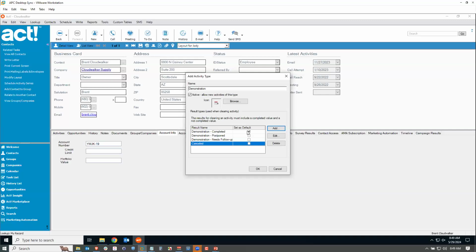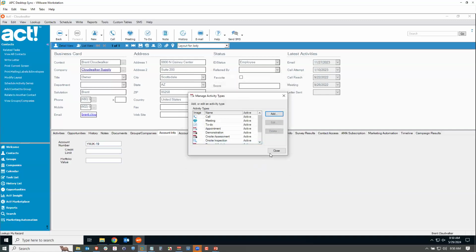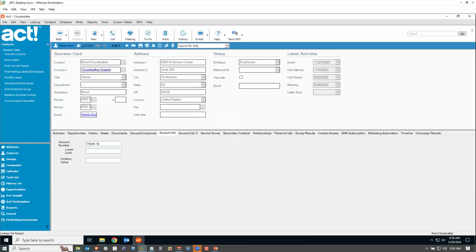Set one of them as the default, which just means whenever you clear a demonstration activity, what is the default value it's going to be set at, which you can always change. But I'm just going to say completed should be the default value. Now I'm going to click OK and close to close the manage activity types. And so now we have